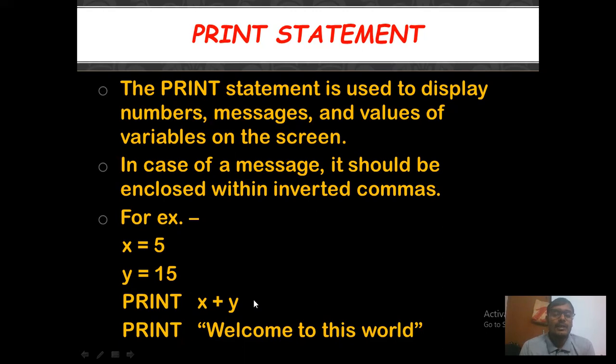You don't have to add the numbers, the computer will add. So this is the PRINT command. If you want to display any message, use the PRINT command and write the message under double quotation marks. Example: PRINT "welcome to this world".